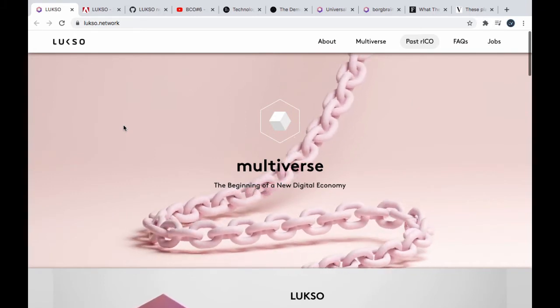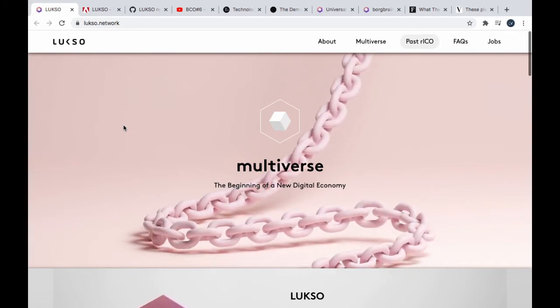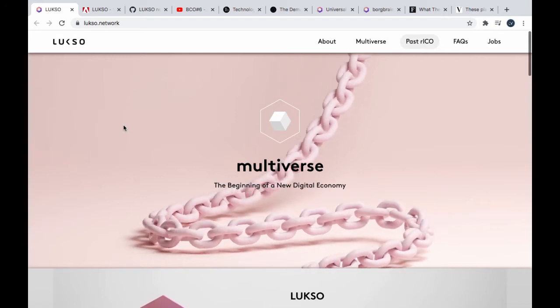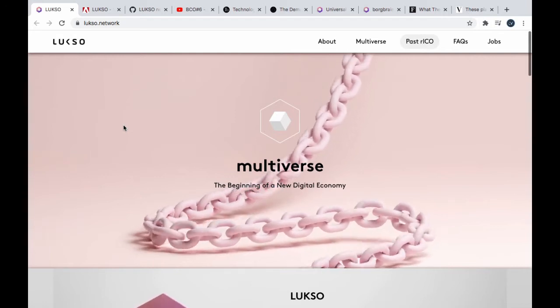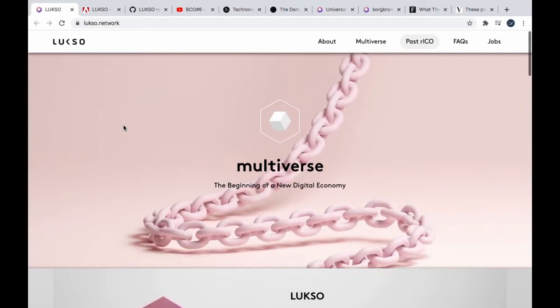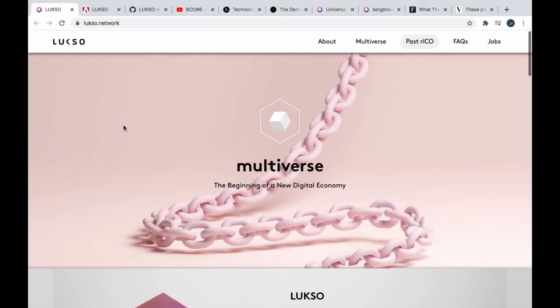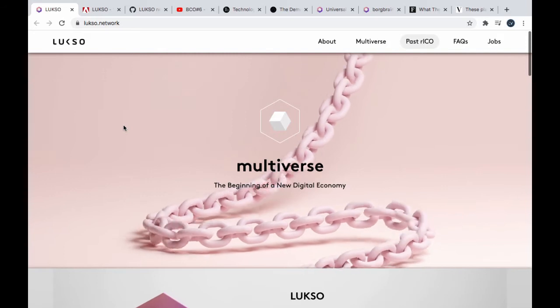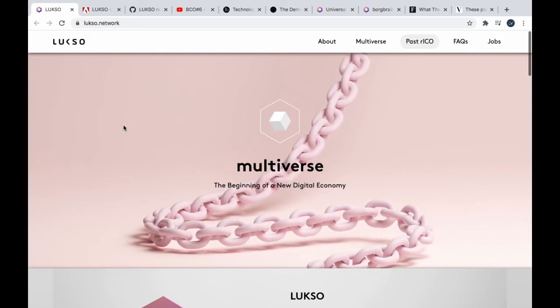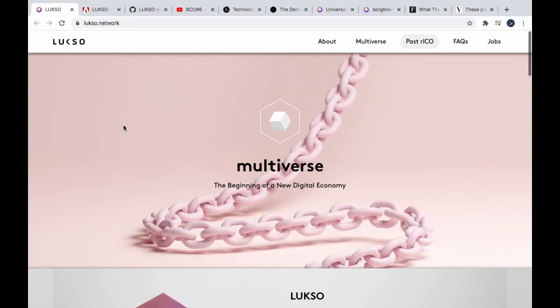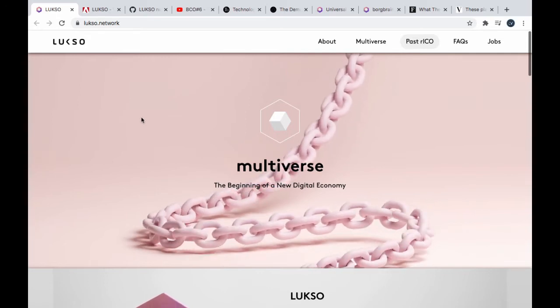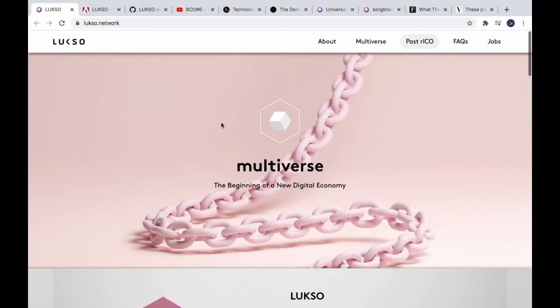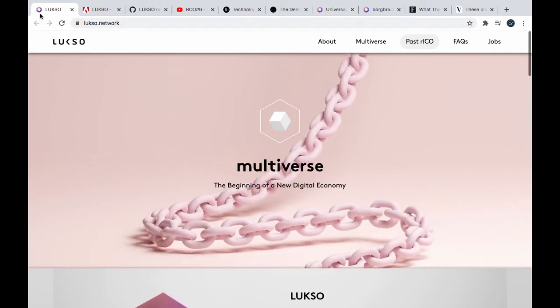So Fabian had created this ERC 725 standard, which basically is a way of hiding the cryptographic keys from the user. Now, I'm not going to get into all the technicalities of this, partially because I haven't wrapped my head around it fully, but the other reason is I want to get along with the content here. But that's the long and short of it. That's the whole purpose of these universal profiles.